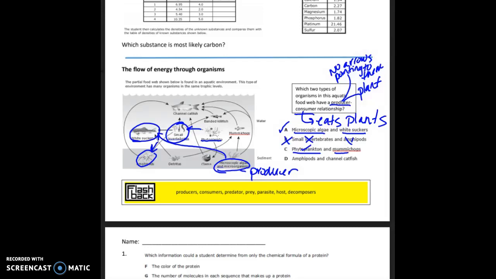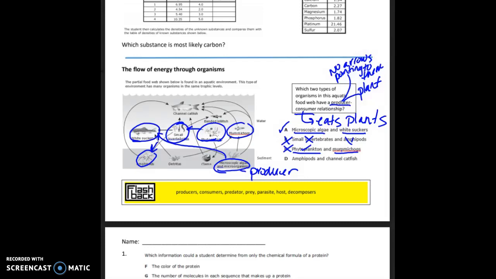And we've got mummy chogs on the other side. Mummy chogs are right here. The problem here, and they are consumer, is that they are not eating the producer. So although this is a producer and this is a consumer, they do not have a relationship because there's no arrow in between them. And finally, the amphipods, which are located,